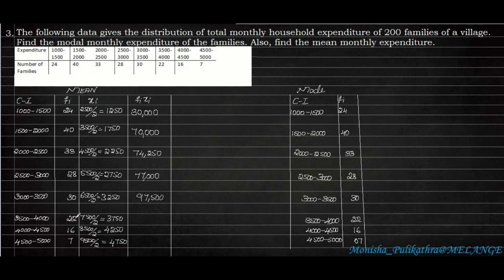97,500. So next 22 into 3750, we will get 82,500. So next 16 into 4250, we will get 68,000. Next last one, 7 into 4750, we will get 33,250. Okay. So after calculating Fi into Xi, the multiplication of both frequency and midpoint, we have to get the grand total of summation Fi and summation Fi Xi. Okay. So the total of this frequency is equal to 200 and the grand total of this Fi Xi is